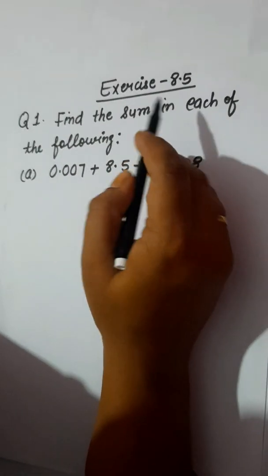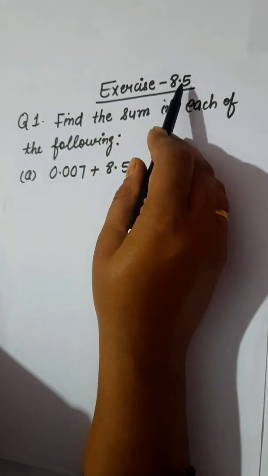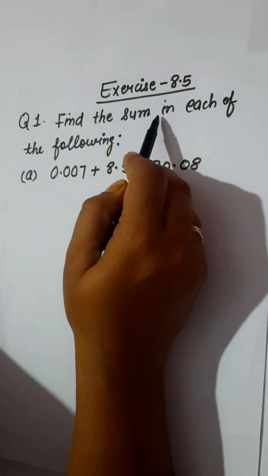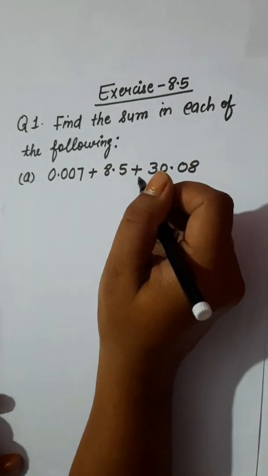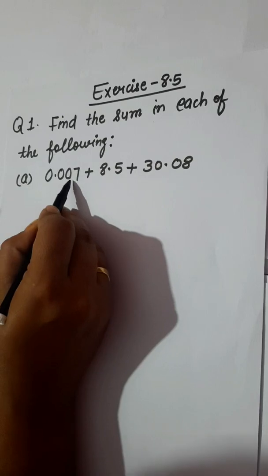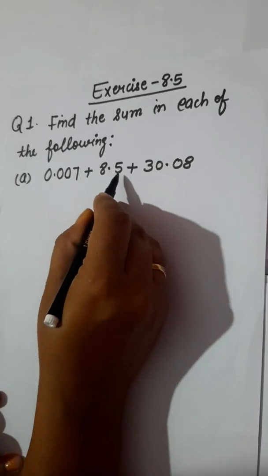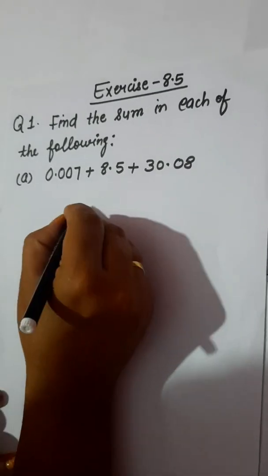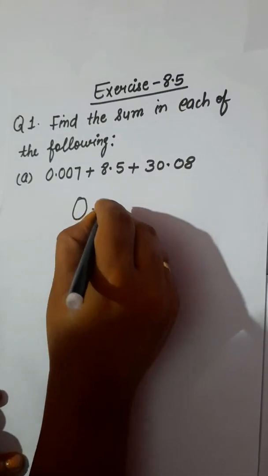Dear students, in this video we will start exercise 8.5, and the first question of the exercise is: find the sum in each of the following. Here part A is 0.007 plus 8.5 plus 30.08. We have to add this. Firstly, I will write